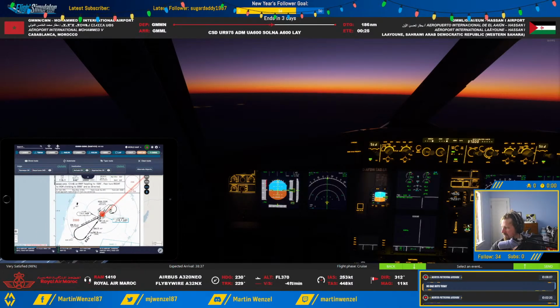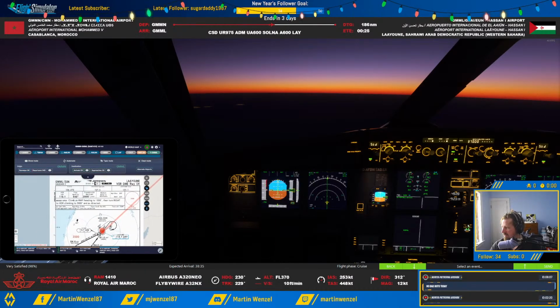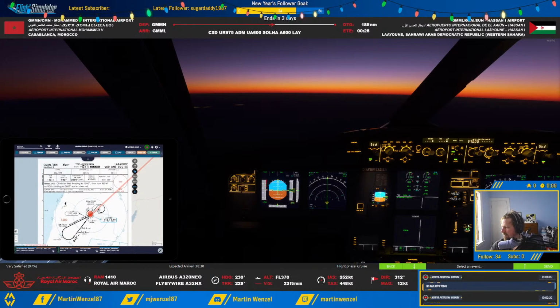Right here, we're coming in. VOR is for runway 4. So we're going to fly out from the VOR 248 degrees, max 220 knots. Once we're 8 miles out from the VOR, we turn, maximum speed